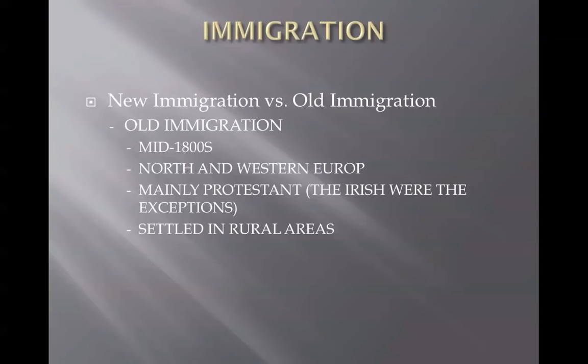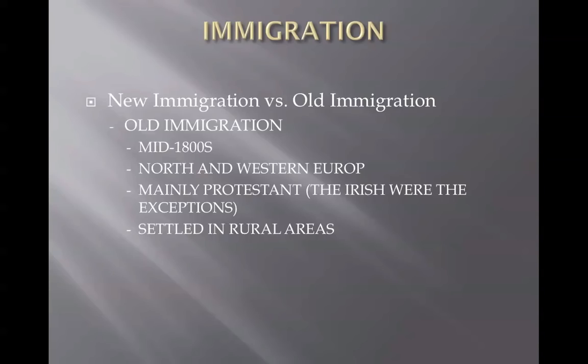We're going to talk a little bit about immigration. Again, usually when you talk about immigration during this period in the late 1800s and early 1900s, you have to differentiate between the new immigration and the old immigration. The old immigration didn't really cause much of a splash. Most of the people were from the northern part and the western part of Europe. There should be an E right there at the end of Europe. Sorry about that. And this occurred in the mid 1800s.